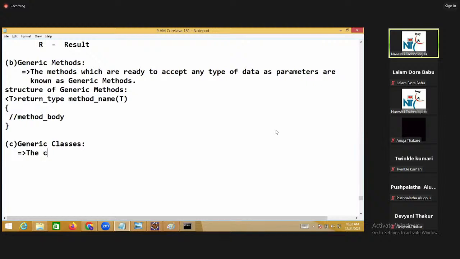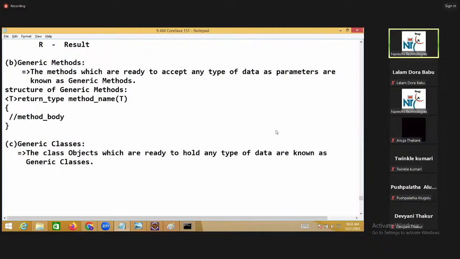So the class objects which are ready to hold any type of data. Objects also will hold data, no? The class objects are known as generic classes, you can say.